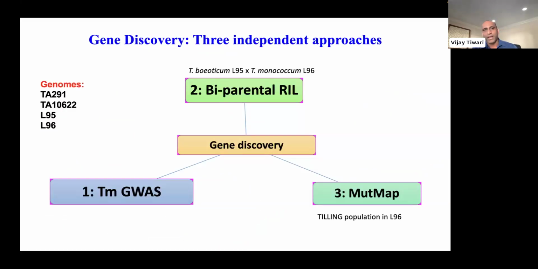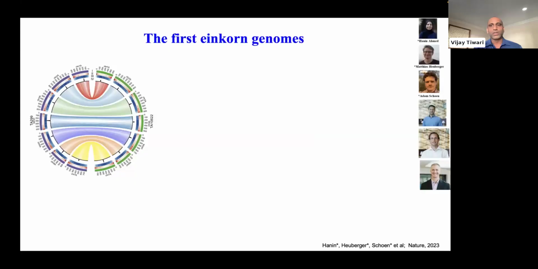So with this in mind, we started exploring our genomic and germplasm resources for gene discovery. We have used three independent approaches: GWAS using our association panel, a sequence indexed allele population, and multiple mapping populations to validate those genes. And since we already have four genomes available, we can track back and look at the genes and their gene profiles to make decisions on which candidate genes to advance or not.